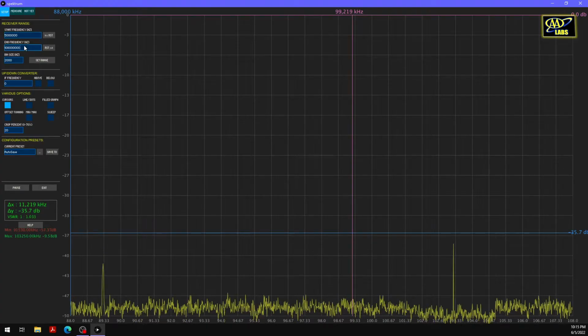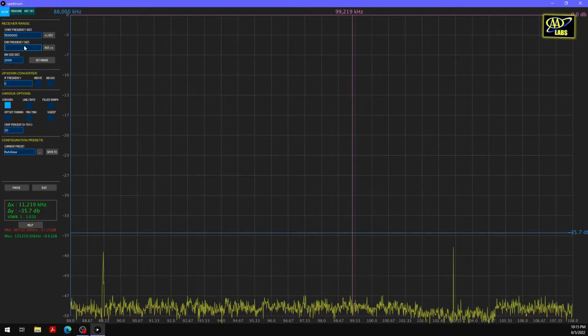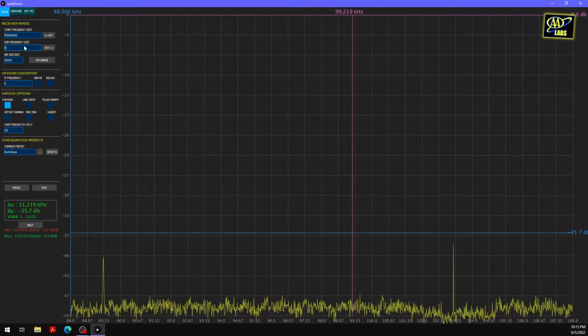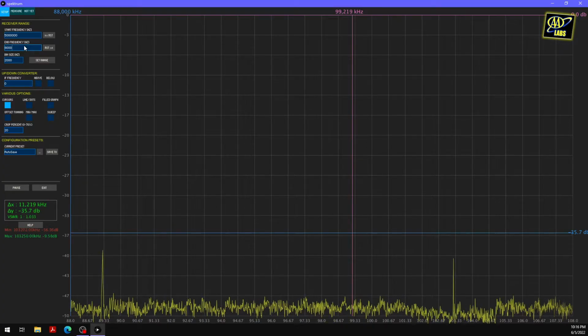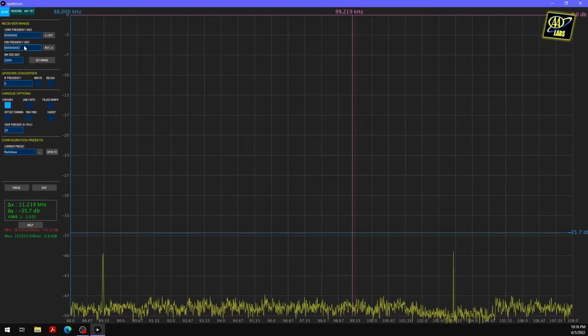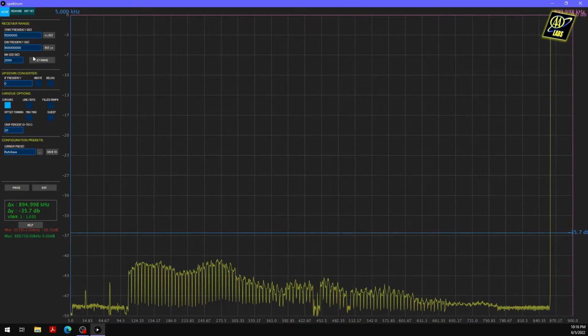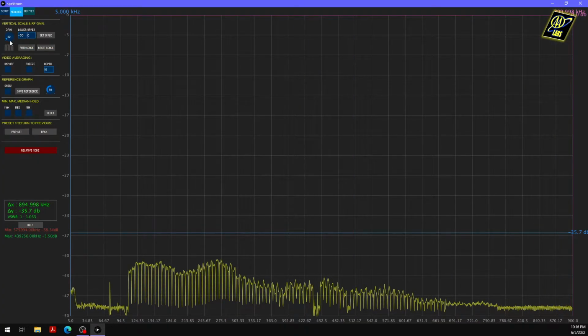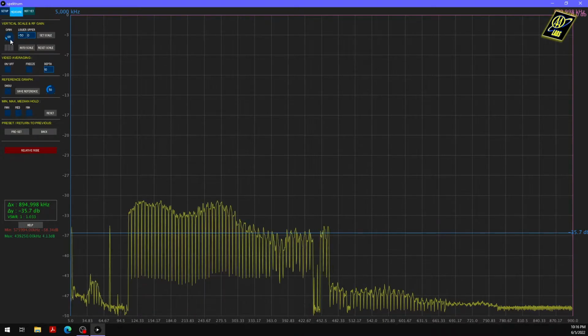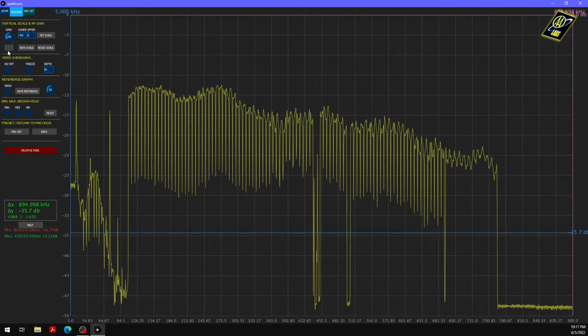And my end frequency as 900 megahertz, or 900 and then 6 more zeros. And set range. And now my signal actually appears pretty weak, so I'm going to give a little bit of gain. And now I can say pretty confidently that I can see what's going on my coaxial line.